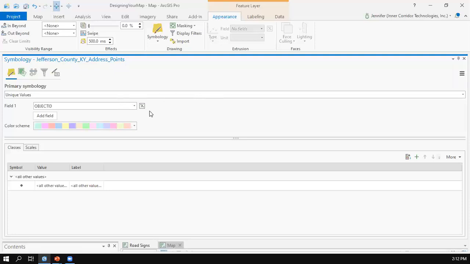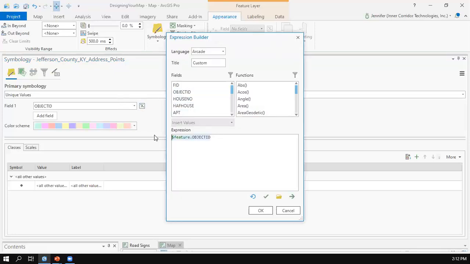Again, instead of choosing a column, I'm going to hit expression. And I'm going to build the expression. If the street name column, and I'll just double click to get it in there, if the street name equal Preston, and I happen to know that Preston is all uppercase in this table, if street name equal Preston, then